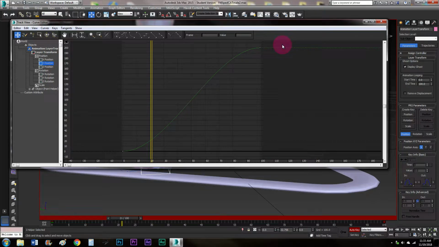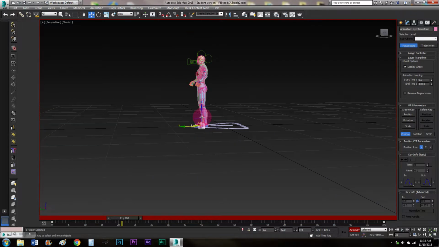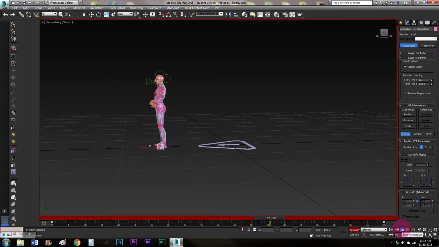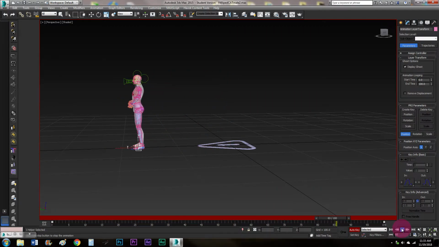So we don't want that for the purpose of this walking loop. So select both of those points, go up here and hit set tangents to linear. And now you have a straight line. So it should be a nice steady fluid motion